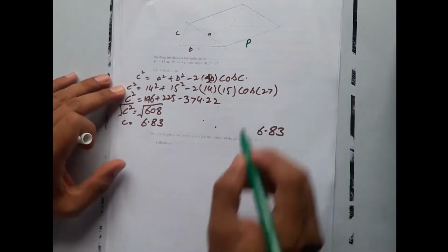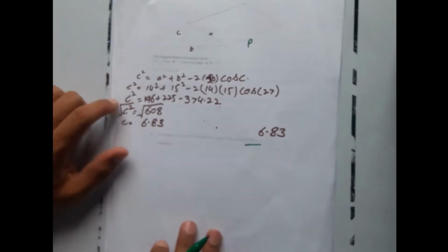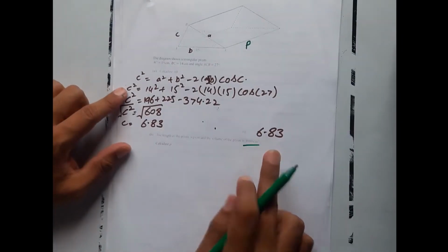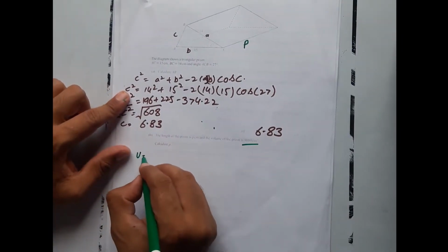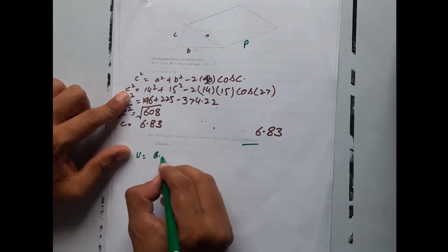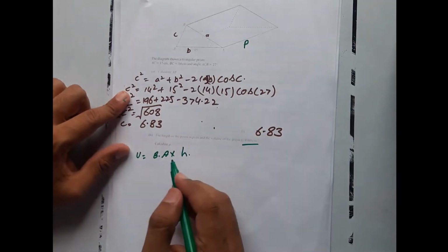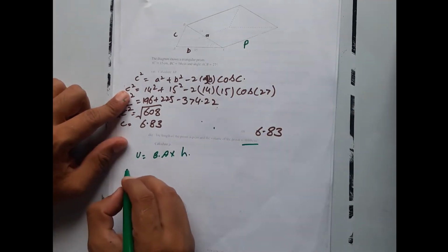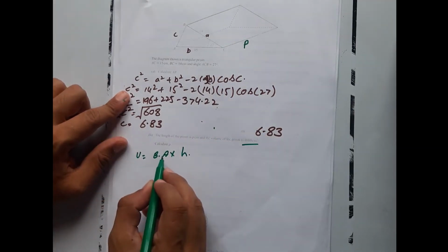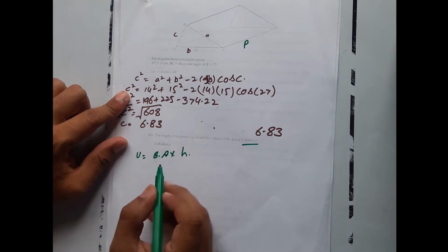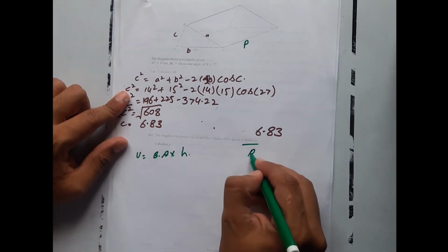Then the length of the prism is p centimeter. This is the length of the prism, which is p centimeter. We have a volume of 1000. The volume of the prism is 1000. So the formula for the volume of a prism is volume equal to base area times height. So first we have to find the base area, because we have the volume, and if we have the base area, we can easily find the height.